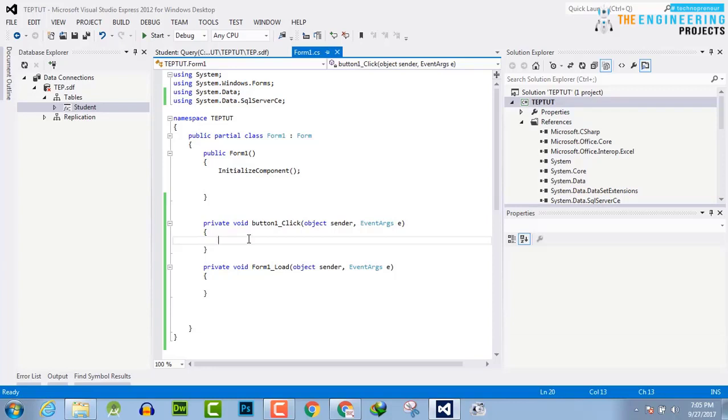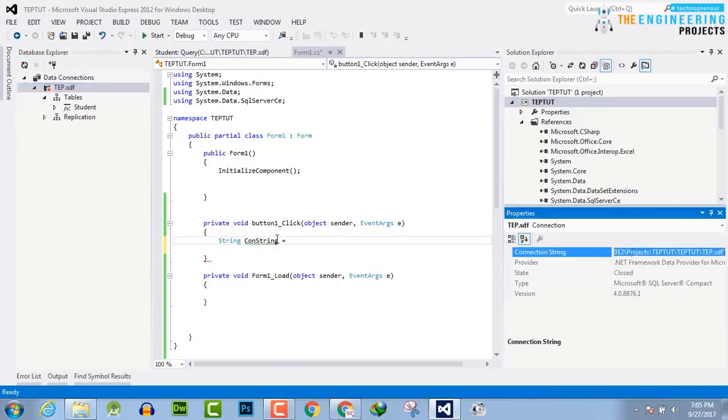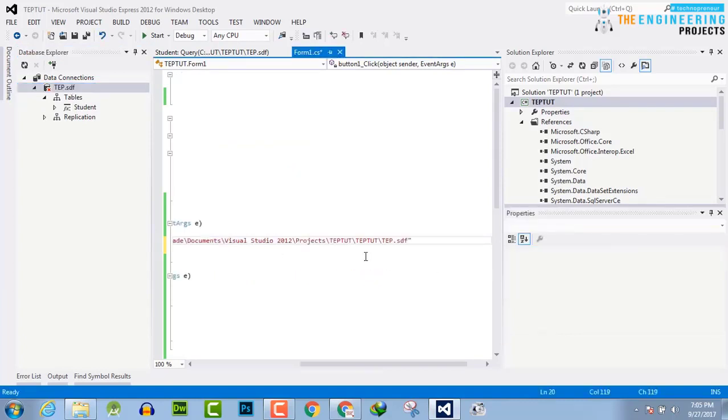So first of all, you need a string. I have taken a string whose name is con string, which will be used to store the path of the database. If you click here, you will see the connection string, and this is the path of the database which we are using. Make sure you have enclosed this path in double quotation